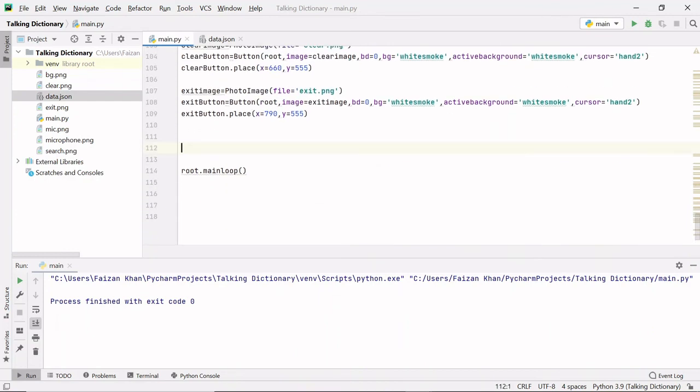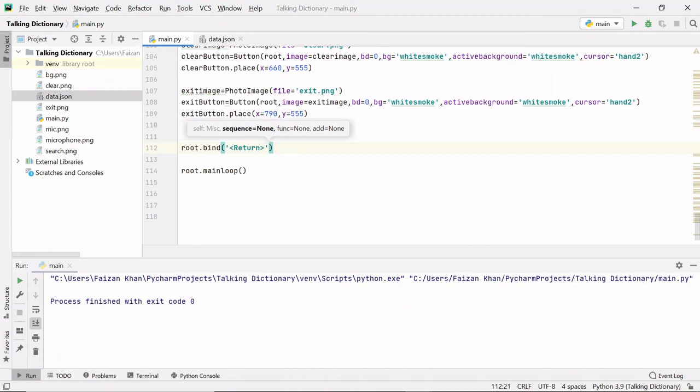Just before this root.mainloop, I will bind my window with the enter key, and the enter key here is represented with the name return, which you have to mention inside the less than and greater than symbols. So this is nothing but the enter key.